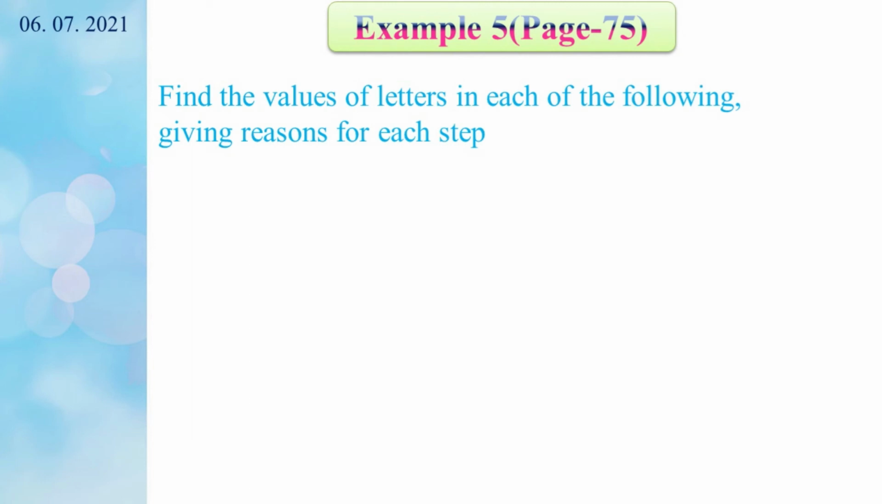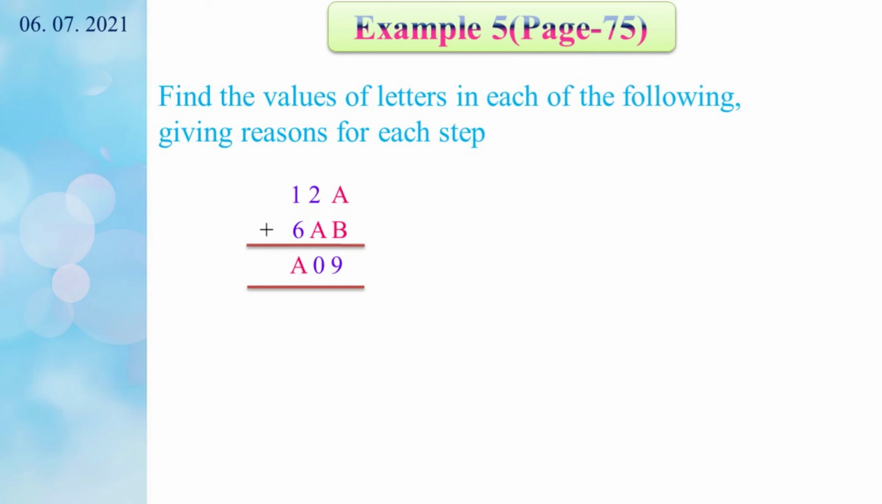Let us move to the example sum. Find the values of letters in each of the following, giving reasons for each step. 1 to A, 6AB, adding A 0, 9. How to find A and B? Do you know? Yes, we have to use the trial and error method. A little logical thinking helps here in getting quick